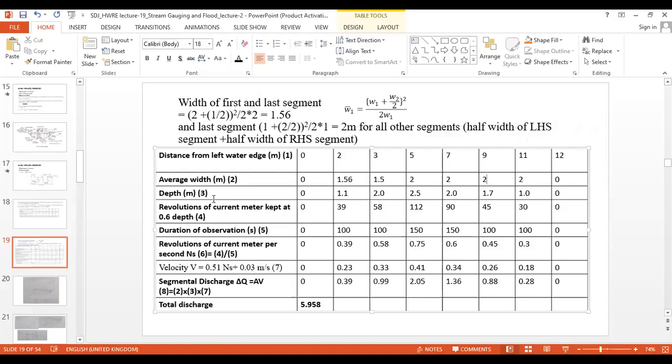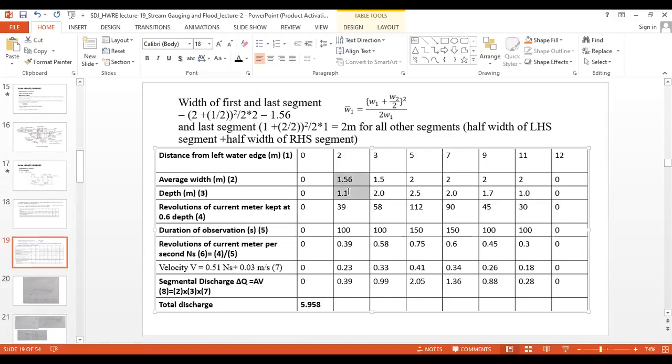Then after that they had given us a depth, that is they have measured by a echo sounder, यानी कि ऊपर से साउंड वहां पे साउंडिंग करने के बाद उसका जो टाइम पीरियड रहता है बैक आने का, वो मेजर करके वो रिलेशन डेवलप करके डिस्टेंस मेजर करते हैं। सो वो है 1.1, 2, 2.5, then 2, 1.7, 1.0 and lastly 0. So now हमें इसका यूज कहाँ पे करना है, एवरेज विड्थ का, हमें एरिया ऑफ अ स्ट्रिप निकालने के लिए,